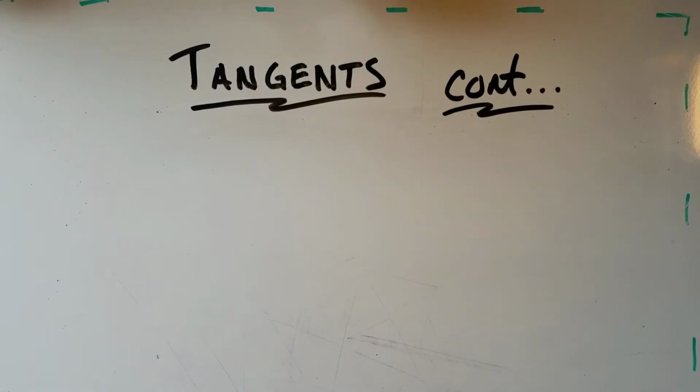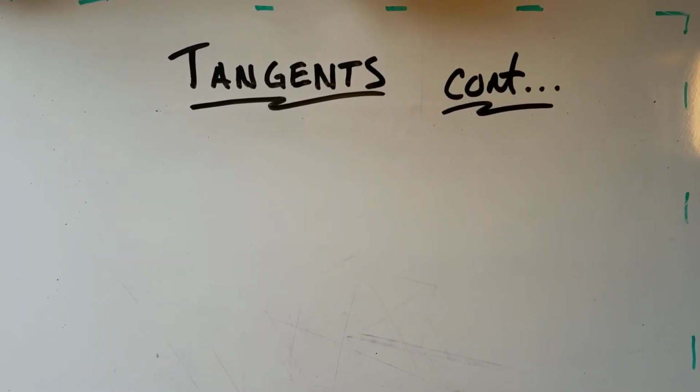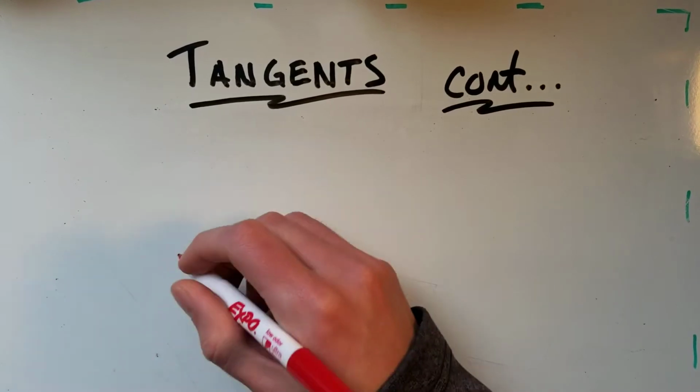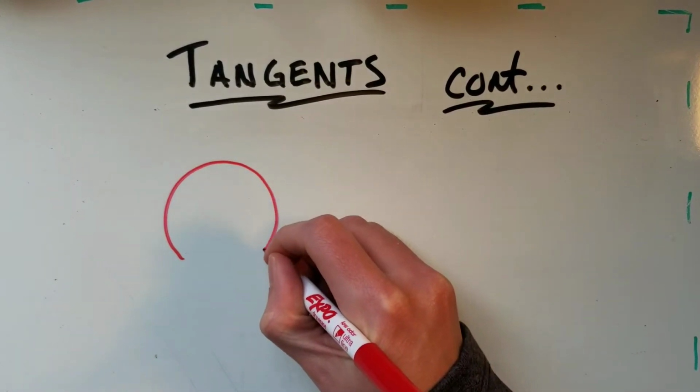Hey guys, today we're going to continue talking about our tangents. So we're going to jump over to page 374 and we're going to talk about a new theorem. This theorem states if two segments from the same exterior point are tangent to a circle, then they are